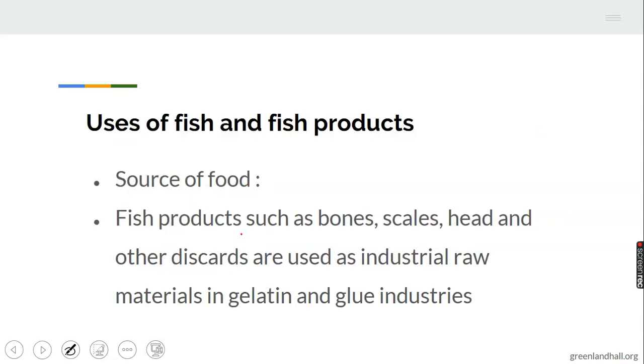Uses of fish and fish products. 1. Source of food supply. Remember, I asked if we have eaten fish or have seen fish. I believe that many of us eat fish in our various homes. It's a source of food supply. 2. Fish products such as bones,